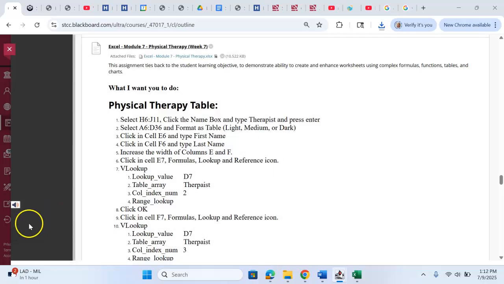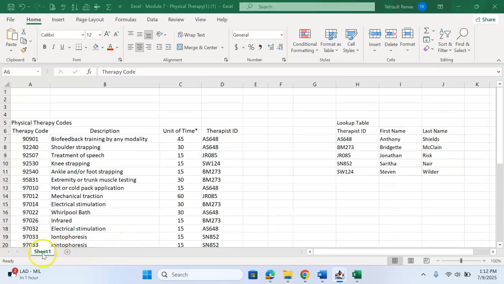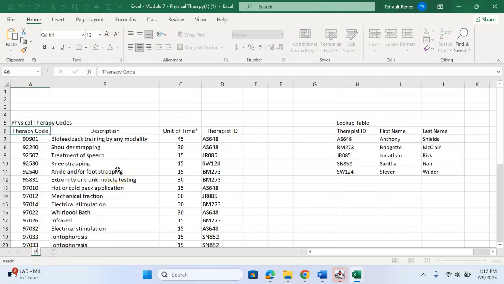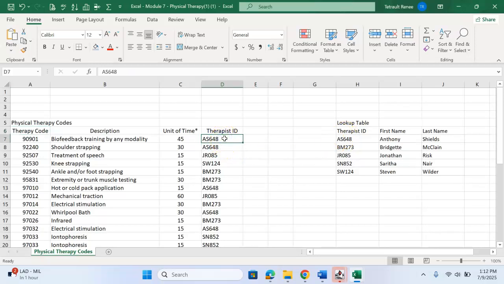Go ahead and open the attached workbook. There's only one worksheet, Sheet1, but I'm going to right click and choose Rename, and this will be called Physical Therapy Codes. Enter. So this one, looking at the therapist ID number, it's going to match with the therapist ID number table